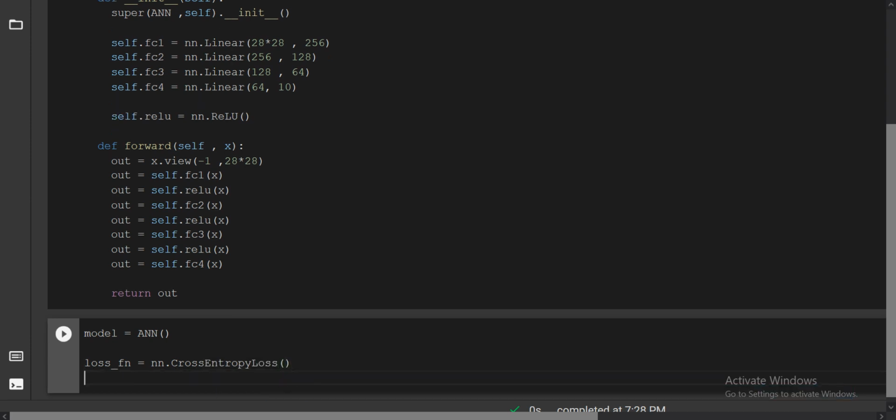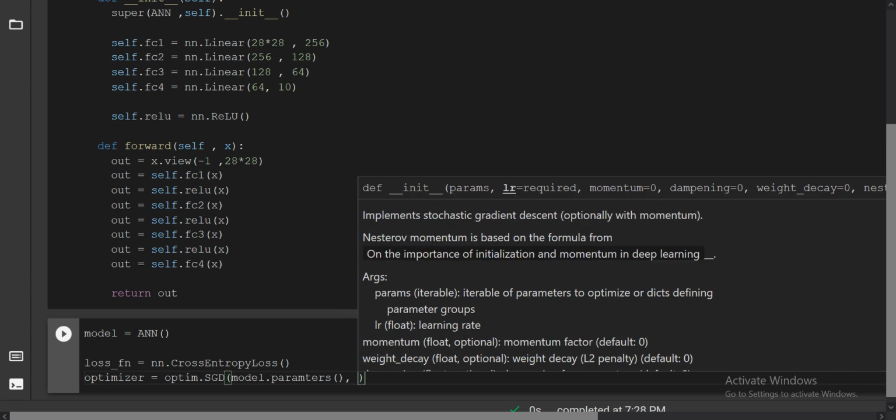And then after that, you write the optimizer. Which optimizer do you want to use? We will use the SGD optimizer. Then you write optim.SGD, and inside that you have to pass the parameter model.parameters. Parameters are basically the trainable parameters you want to train, that's it. And the next thing is the learning rate.